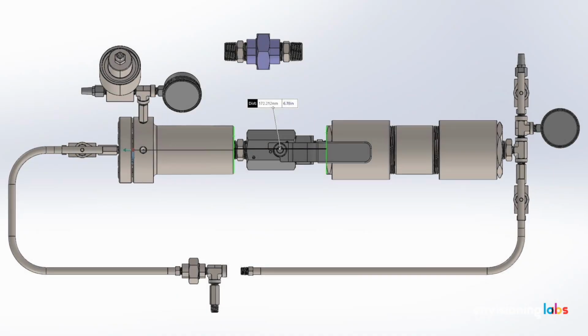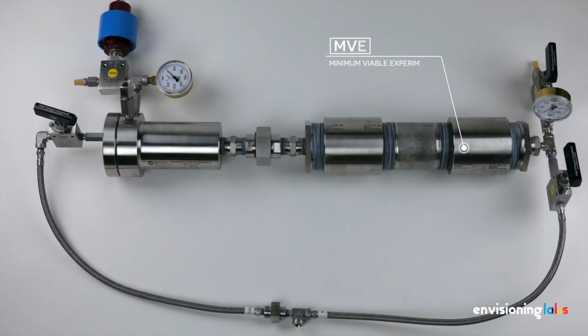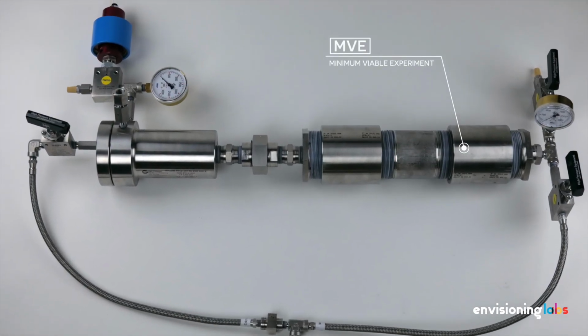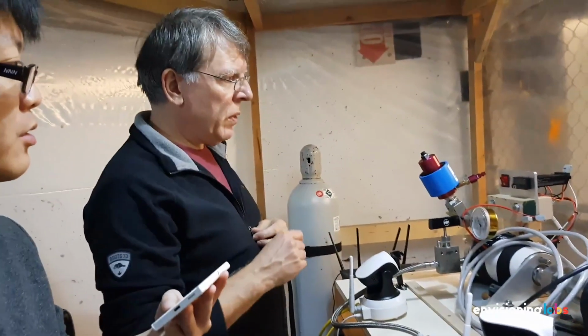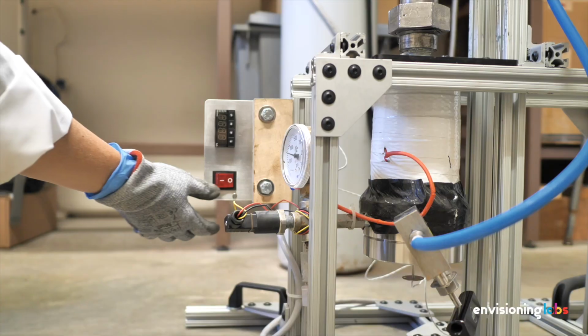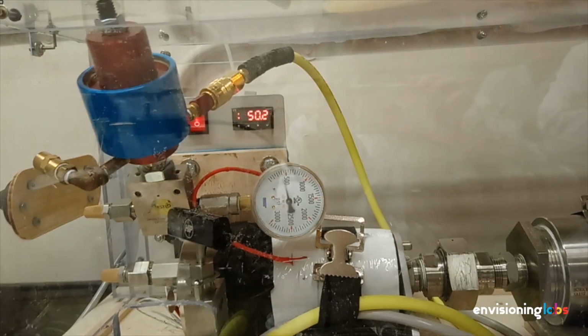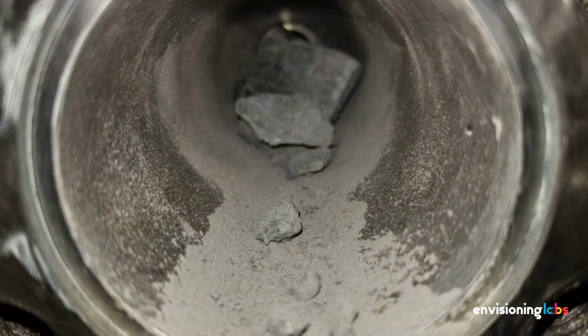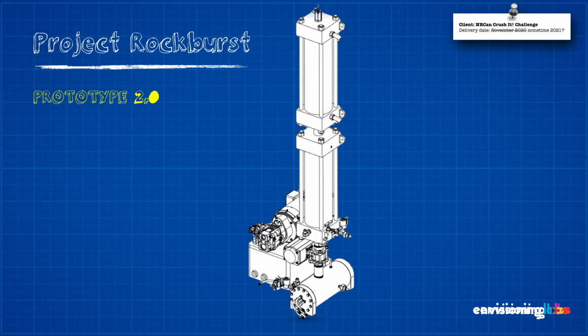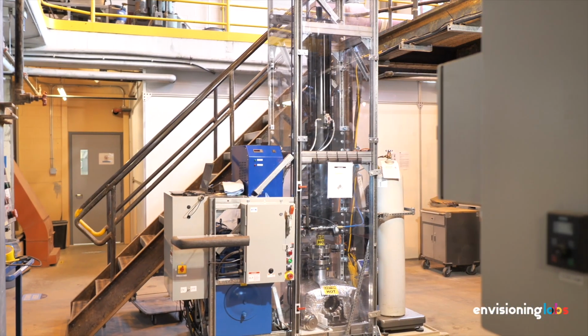The first prototype using tCO2 pulverization was built at the end of 2019. We called it the Minimum Viable Experiment, or MVE. The MVE was a small manually operated bench apparatus, which proved that, indeed, we could break rock using the unique properties of supercritical CO2. The next step forward was building a second lab-scale prototype, taking the lessons we learned with the MVE